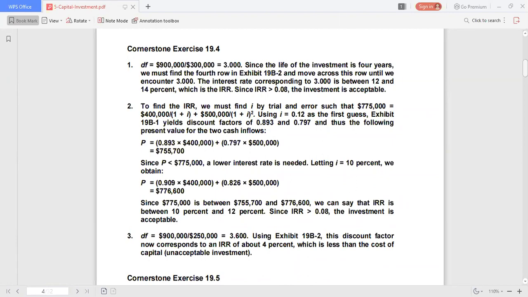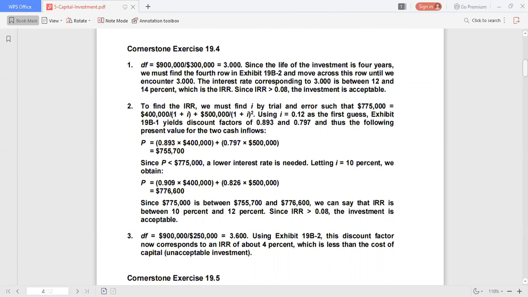755,700. That will involve a lower interest rate as needed. So I is equal to 10%. We obtain 0.909 times 400,000 for year 1 and 500,000 for year 2. You now get